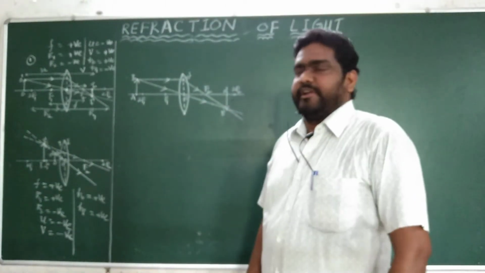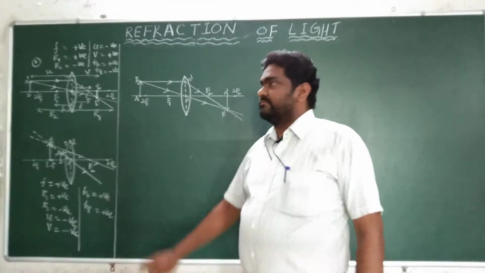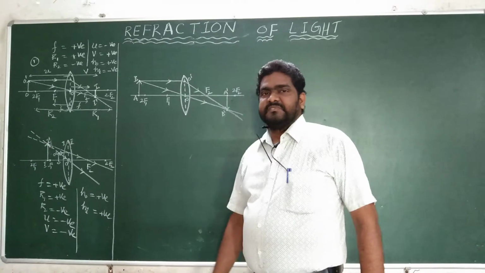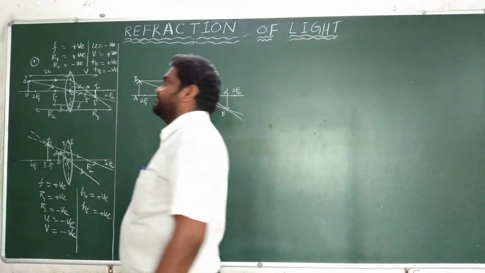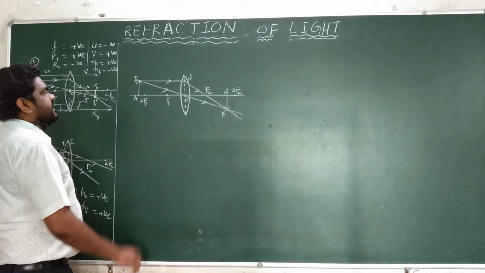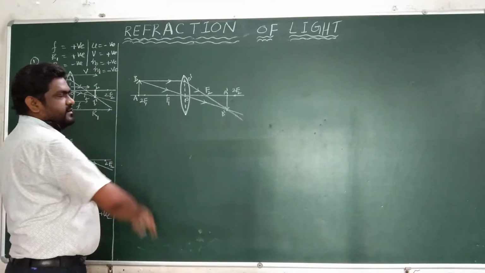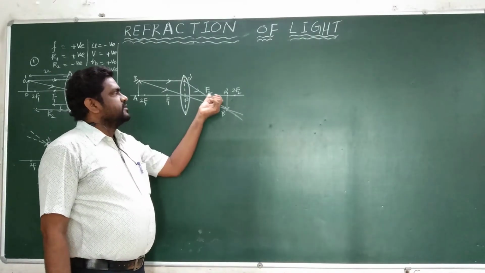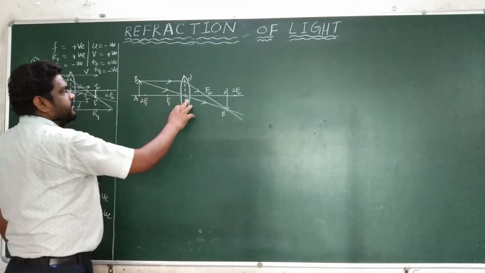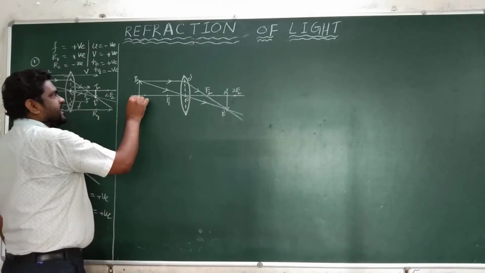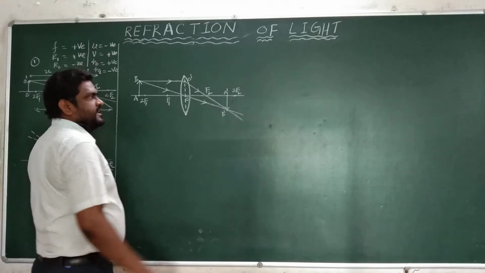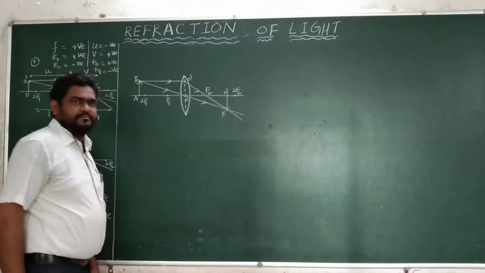After that, I want to explain the lens formula, not the mirror formula, the lens formula. Let us consider a convex lens. Already you know convex lens focal length is positive. See here, when the object is placed beyond 2F1, the image is formed between F2 and 2F2. So for our convenience, the object we call AB, and here O dash, the image is A dash B dash.